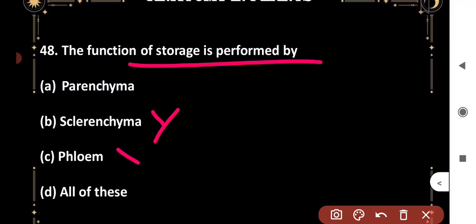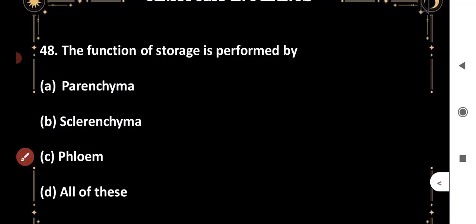No. Phloem, no. Only phloem parenchyma stores. Okay. Function of storage is performed by parenchyma. Okay. It is the major